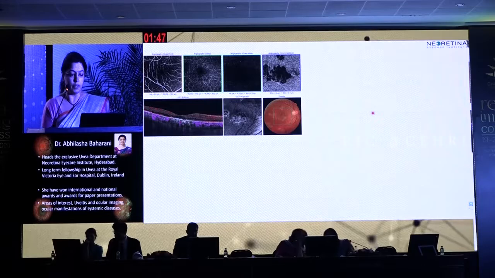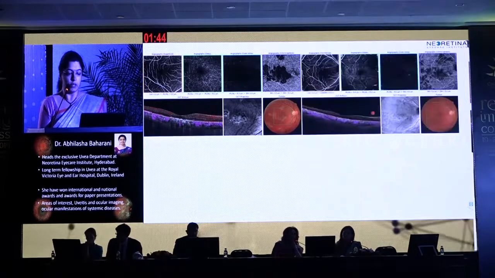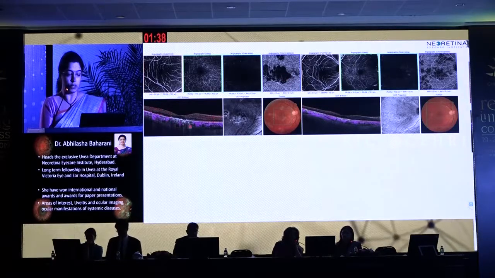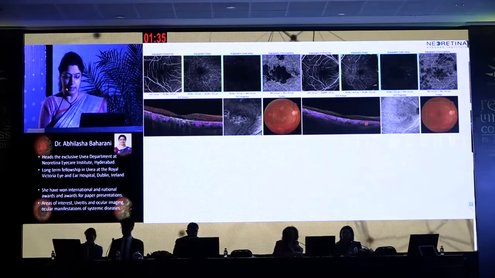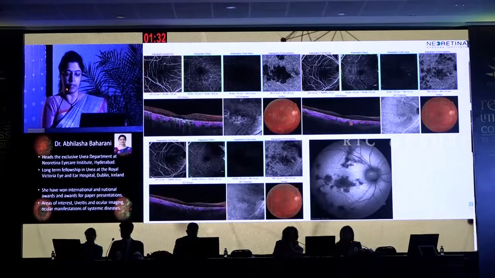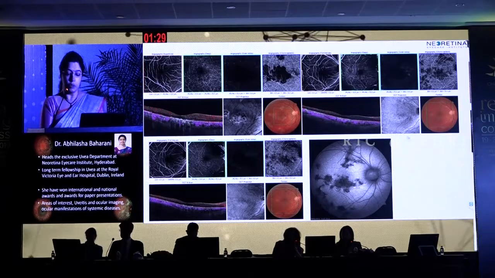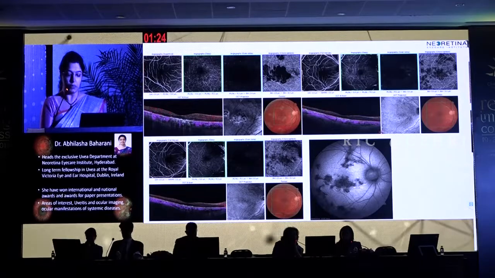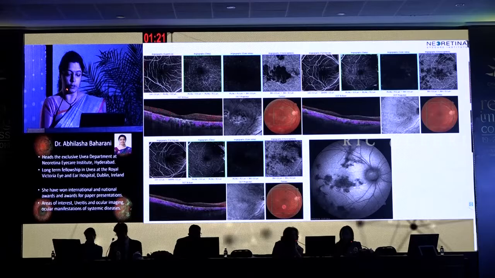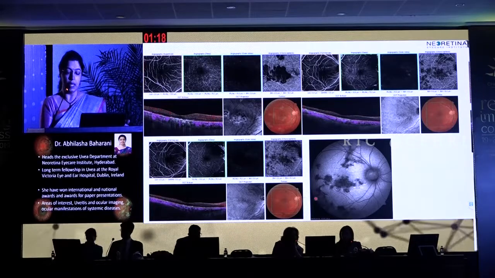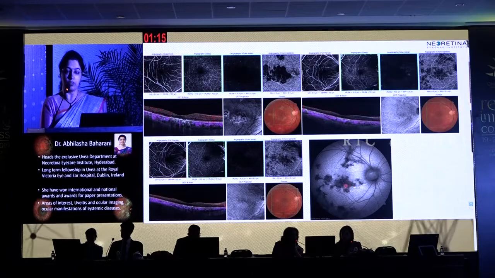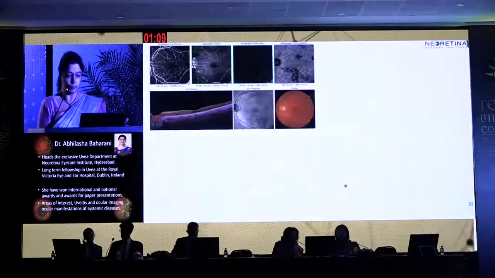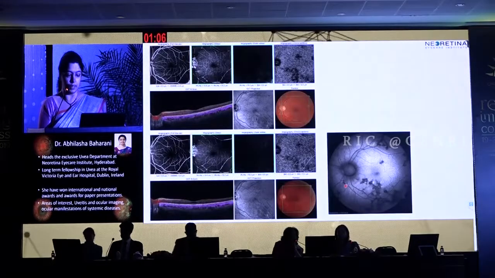Coming to another case of serpiginous-like choroiditis, you see there is ischemia here, there is flow void, which is also seen on the color-coded B scan. And as the lesion resolves, you see the vascularity increases. Also, if you note in this case, this is a fresh case who presented early and he was treated on time. So there is less loss of RPE, and therefore the fundus autofluorescence picture is more of isoautofluorescence than hypoautofluorescence. This is the same patient, other eye.